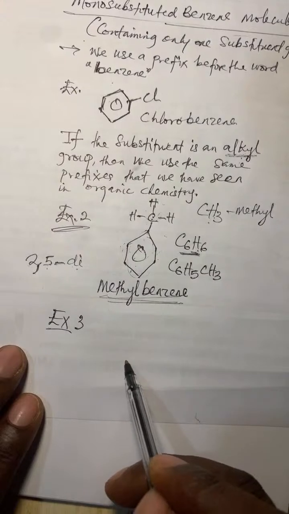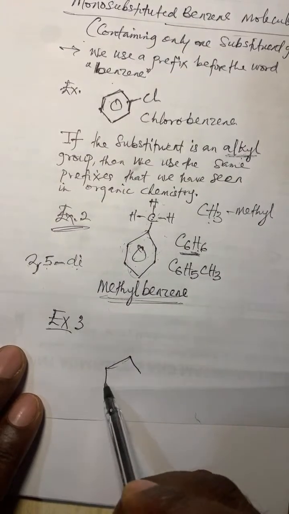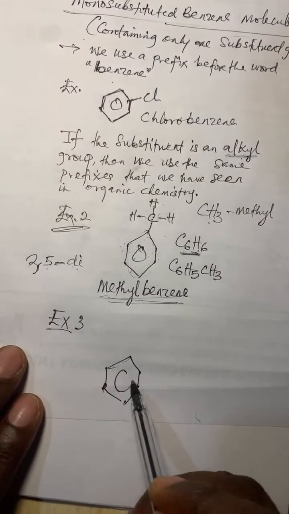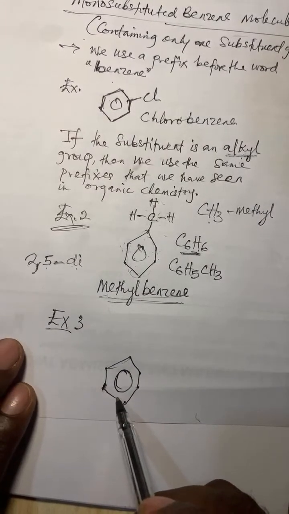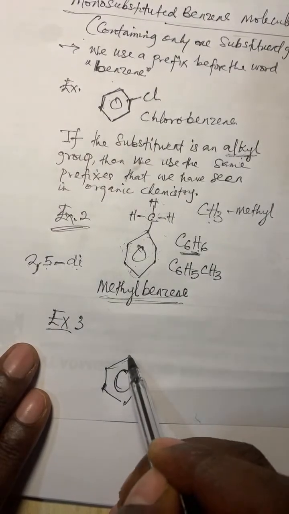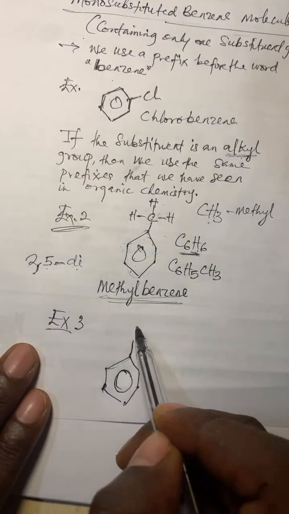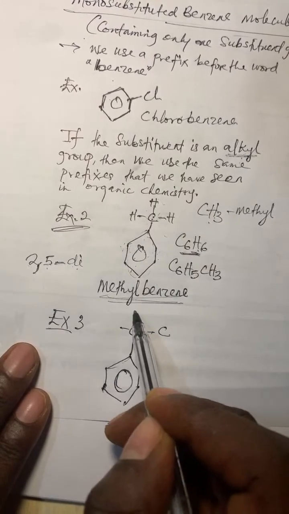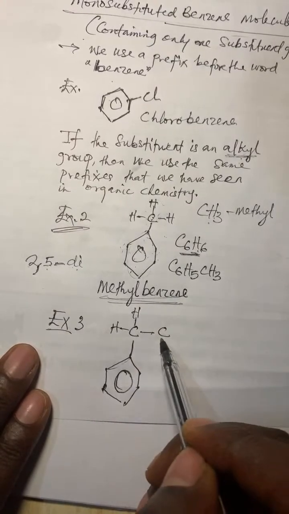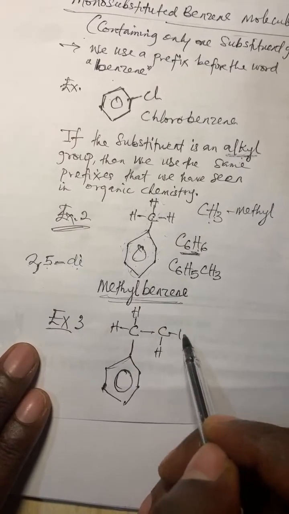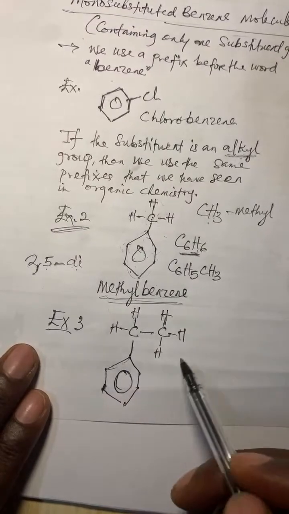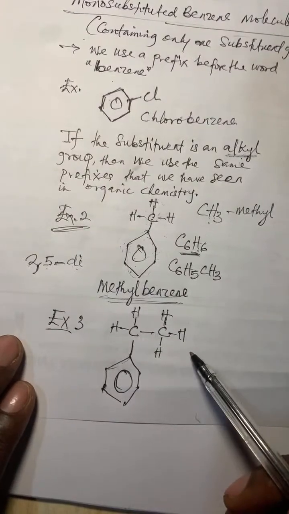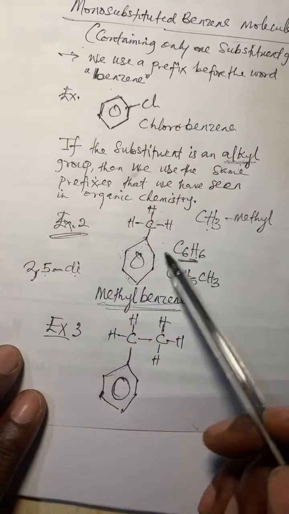If you have another benzene molecule like this, and remember I told you I want to be using this one, it makes it a bit easier and quicker for me. So if I have this extended to this, and we have a hydrogen atom attached to this point, and also attached to this point. What are we interested in? One, we want to know the name. Okay, somebody say we should take it again. Okay, let's run this again.